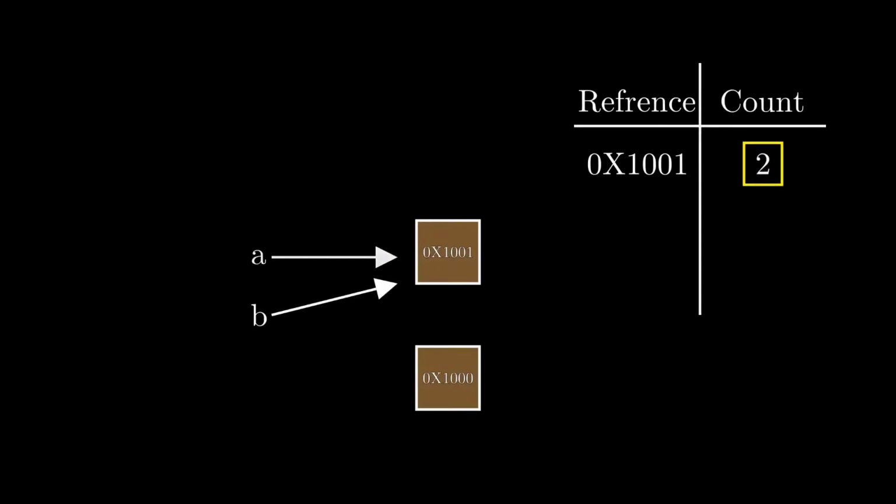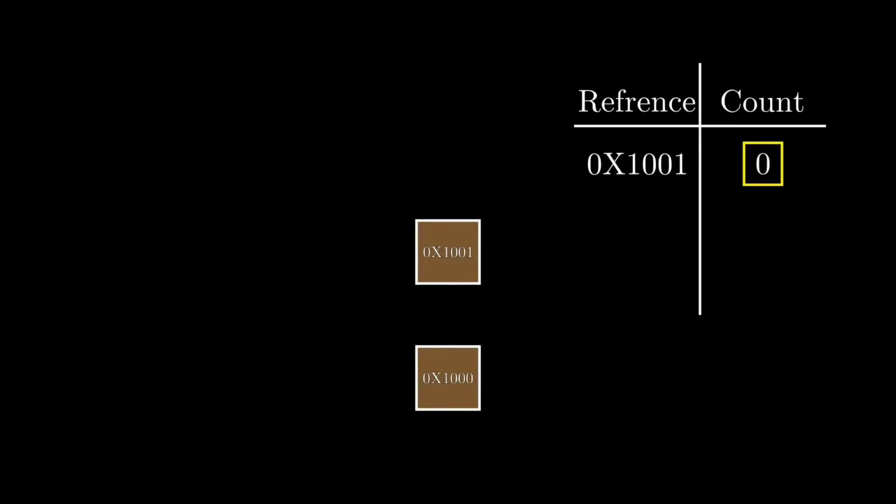Now, if we delete the variable a, then the object has only one reference. Now, if we delete the variable b, then it has 0 reference count. This means there is no variable pointing to the object. At this point, the Python manager sees it. There is no reference count to this object and this object is thrown away. That memory can be reused now. This is called reference counting in Python.